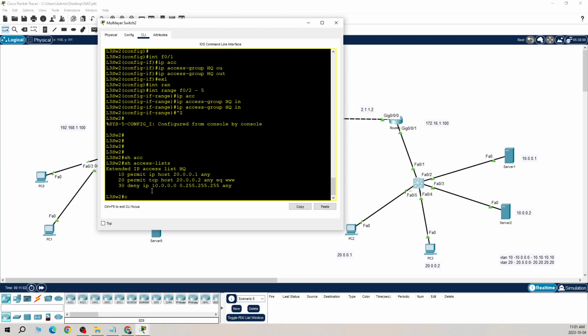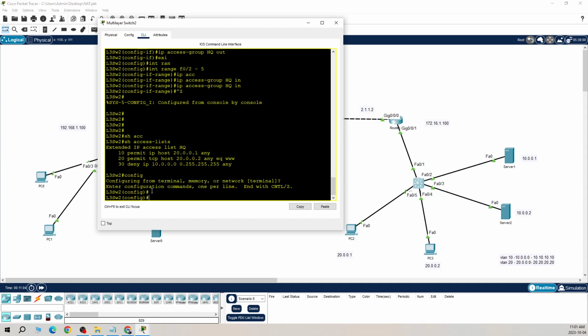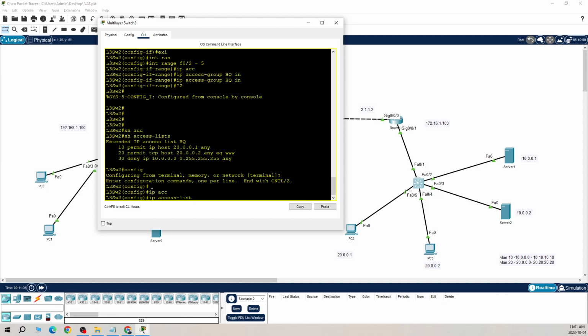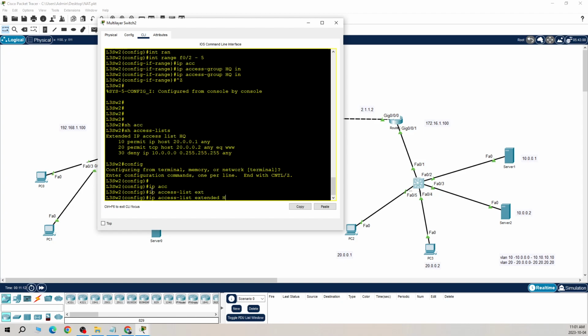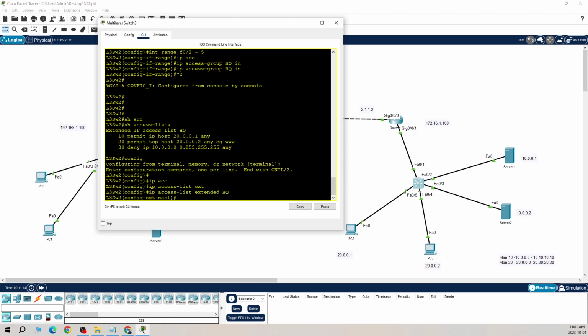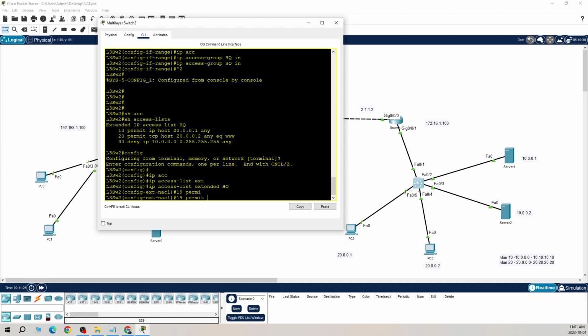IP access-list extended, and the name. So I need to just define the number, or I can use number 19. It's up to us, we can use any number. 19 permit